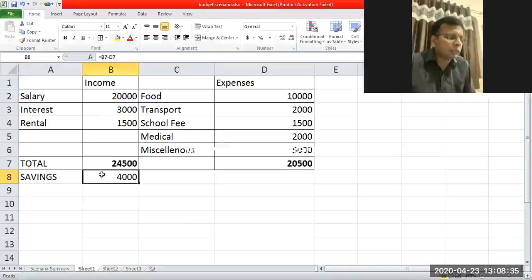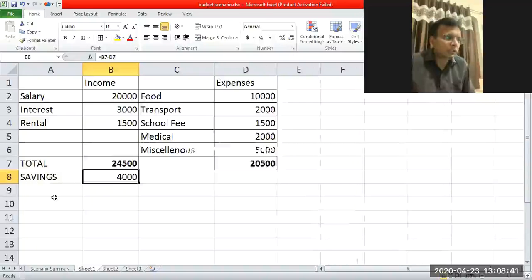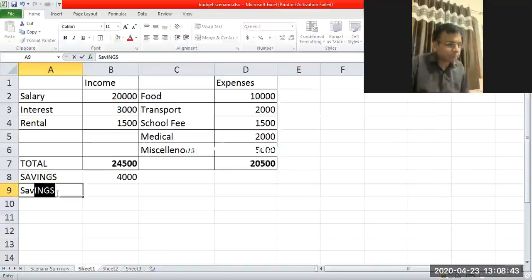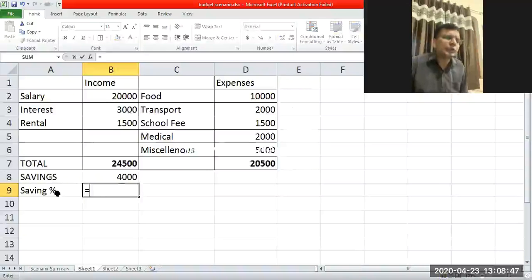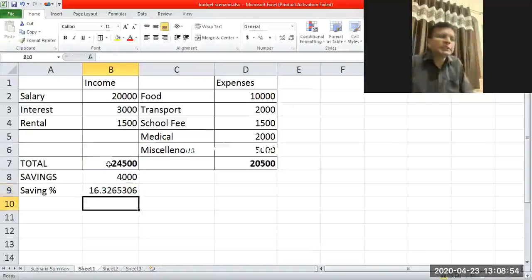The simple calculation that I have done, that is equal to B7 minus D7. Okay. So what is the saving percentage? Saving percentage for the family, it will be equal to saving divided by total income multiplied by 100. That is a simple formula for mathematics.